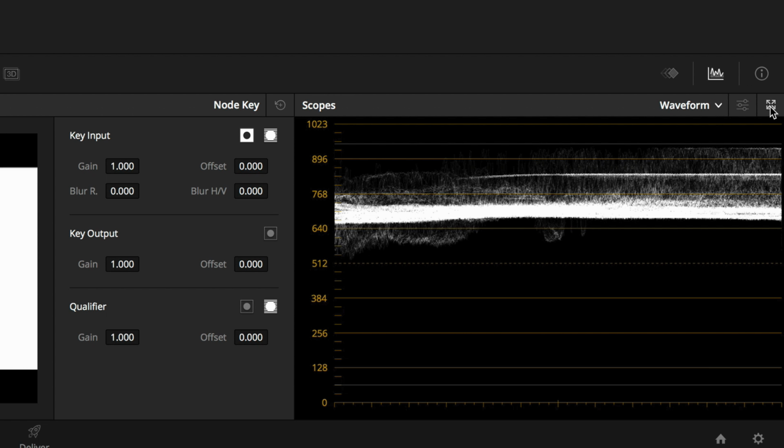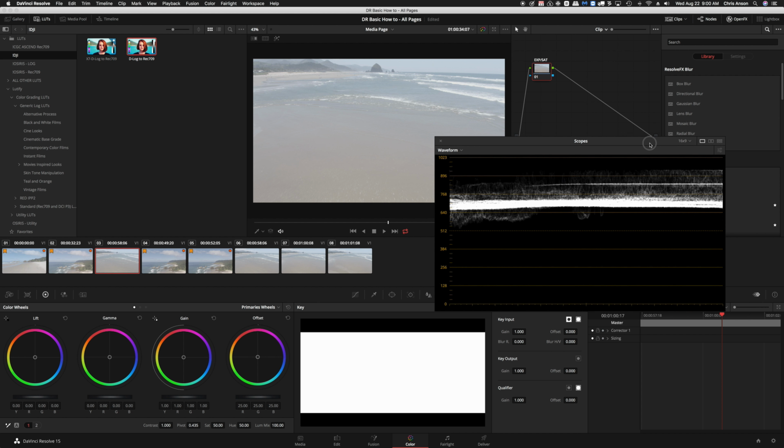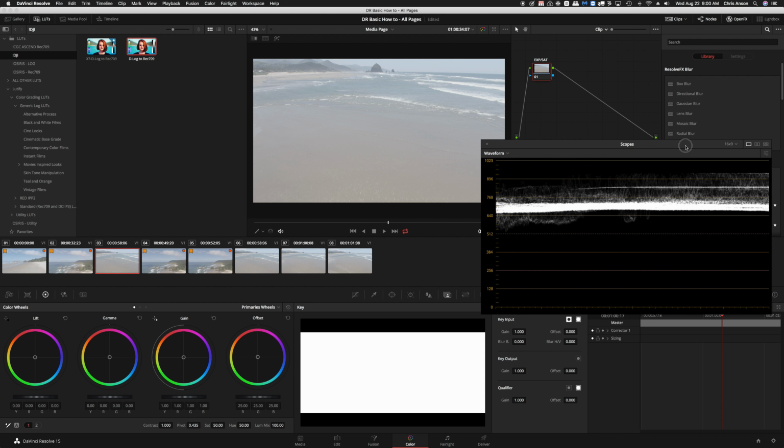I'm clicking the little button to expand it out, and you can see that it shows 4 of them by default. If I click on this little button in the upper right of that window, it becomes just the waveform monitor itself. I'm just making this larger for you to be able to see. So as I watch the scope, I watch the image on the video. I'm going to go ahead and close this window, the LUTs window, and I'm going to come over to the